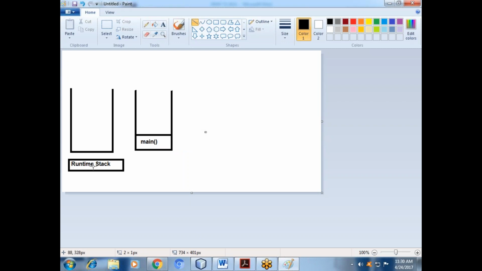Whenever our program is run, it will go to the first main method. Got it or not? Yes. First it will go, then another will go.